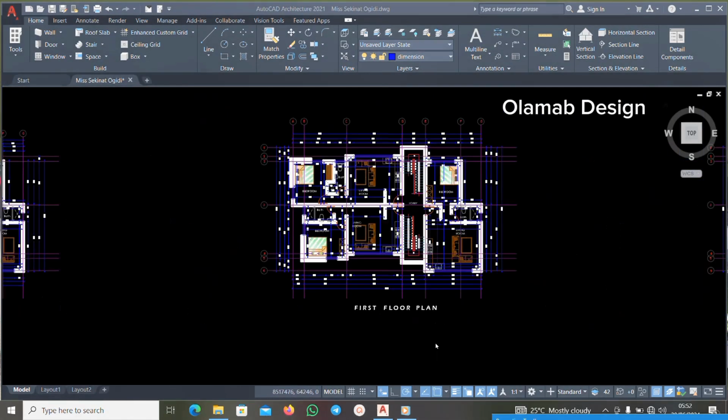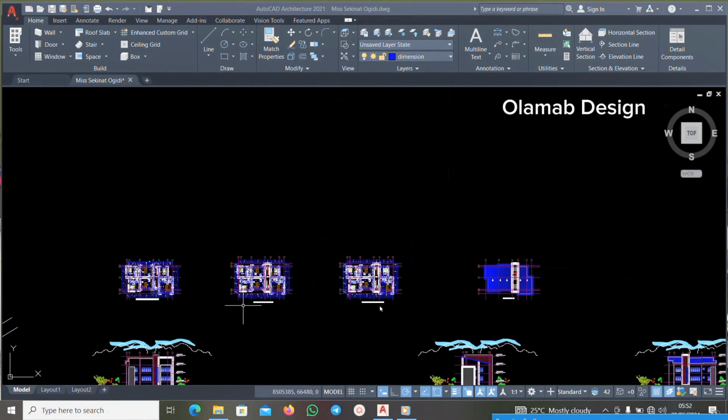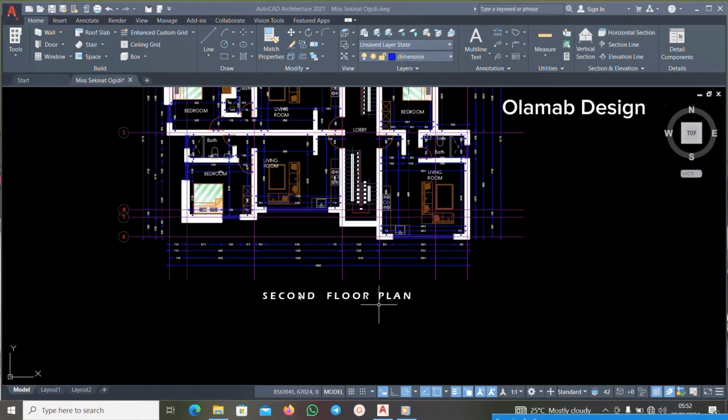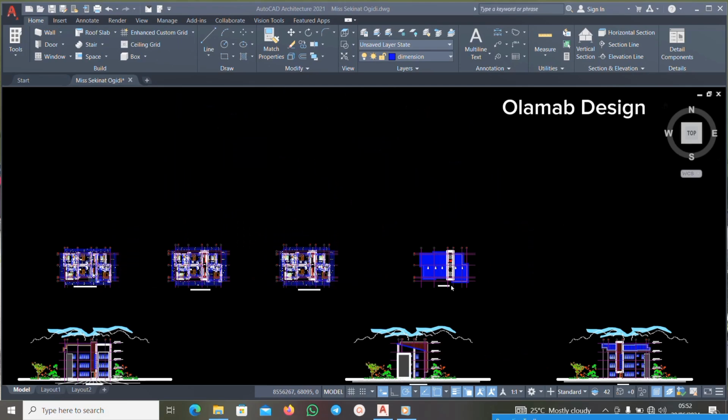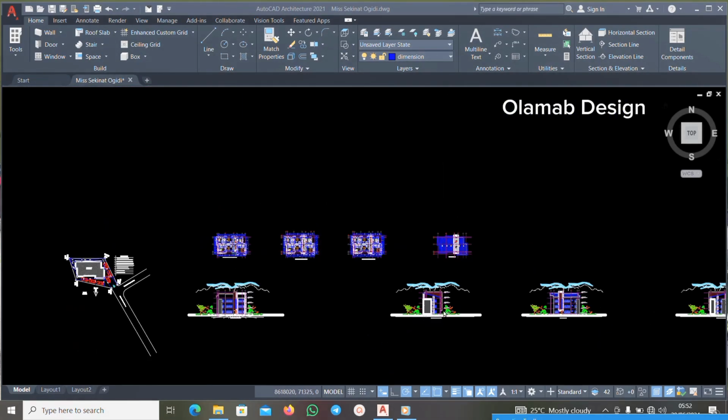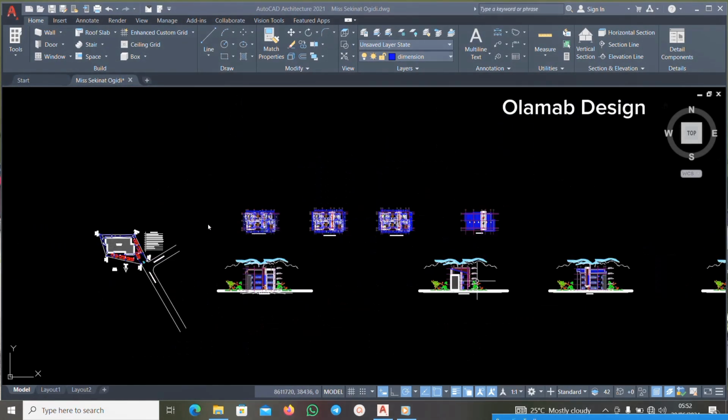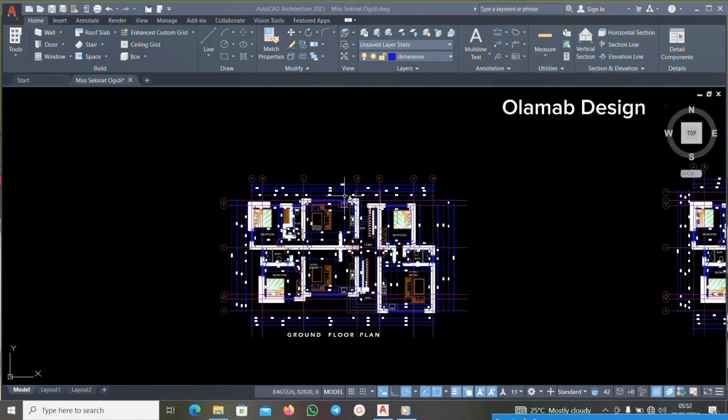It's a two suspended floor. I have the first floor plan. Okay, I have the second floor plan, as you can see. Okay, and this is just the roof plan. Can you see? These are the elevations. Okay, so to carry out your general arrangement now, the first thing you have to do